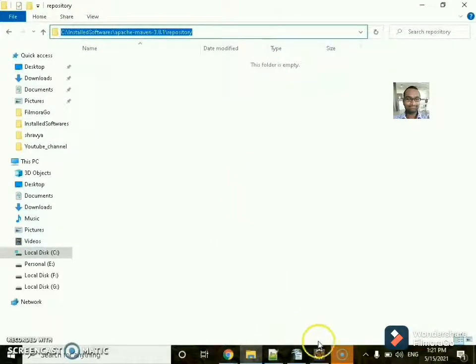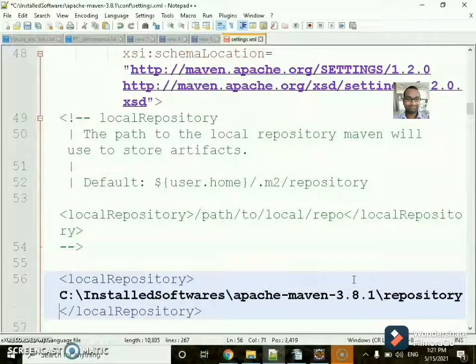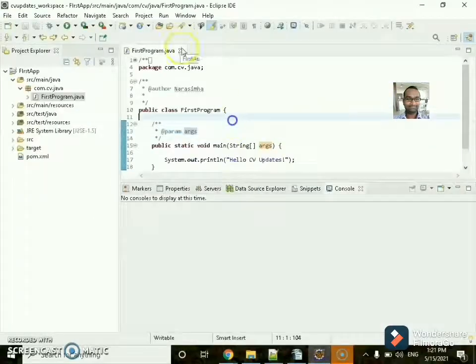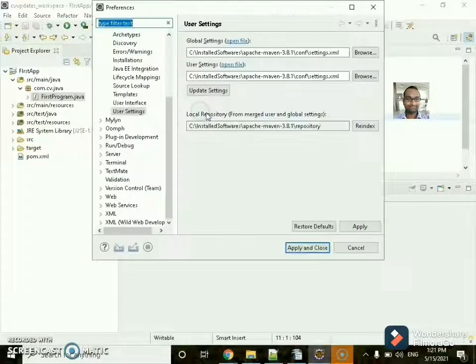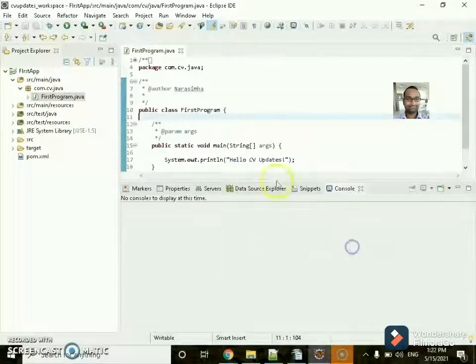I am taking this path and putting it as the local repository location. I am saving the settings.xml file. I am closing it. Let's go to Window Preferences and you can see that the repository location has changed. Apply and close.